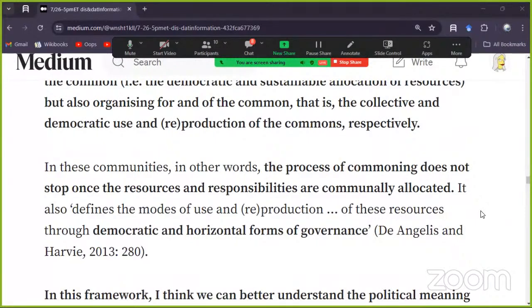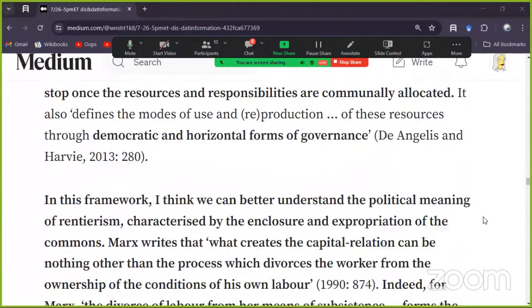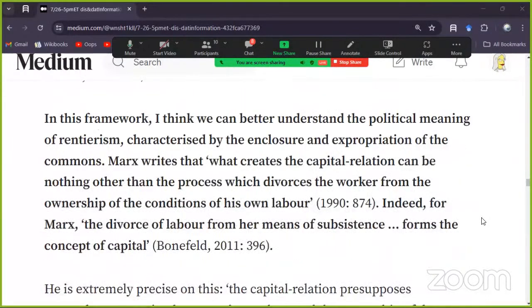Now, this is actually very important. The simple libertarian version of following the tragedy of the commons would simply be, just bring in the cops or whatever. It's very Republican in that particular sense. And it depends on who owns it and who determines that. And of course, there are always problems with that involving all kinds of things like racism, et cetera. In this framework, I think we can better understand the political meaning of rentierism, characterized by the enclosure and expropriation